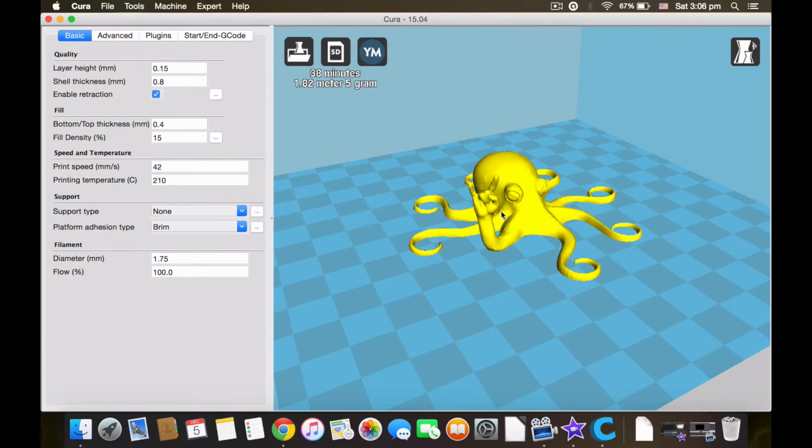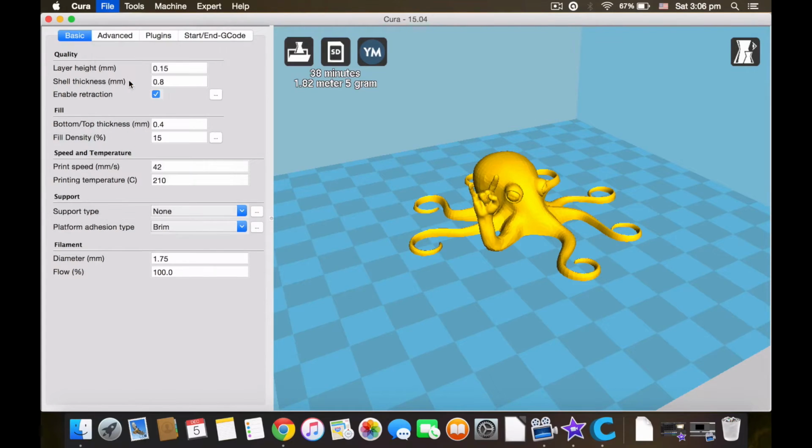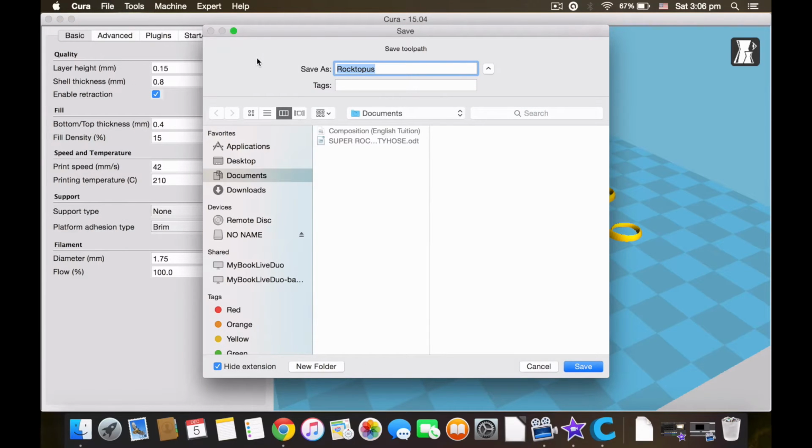So the way to do that is to go to File, Save G-code, and make the name of the G-code auto0.g. The name of the G-code must be auto0.g or your Printrbot will not be able to detect it. So now we can save it in our micro SD card, which has to be completely empty besides this auto0.g